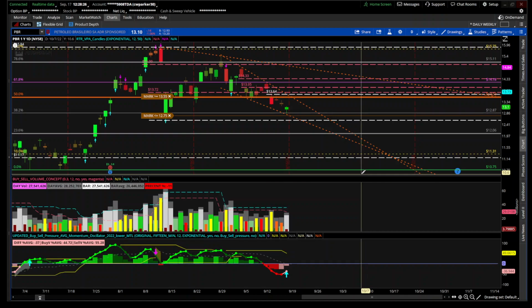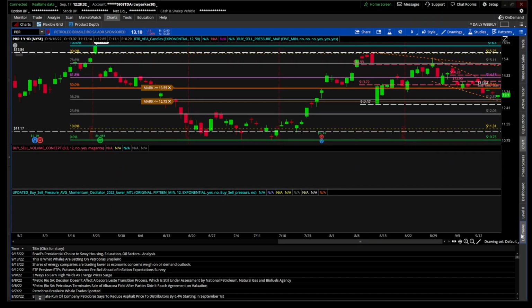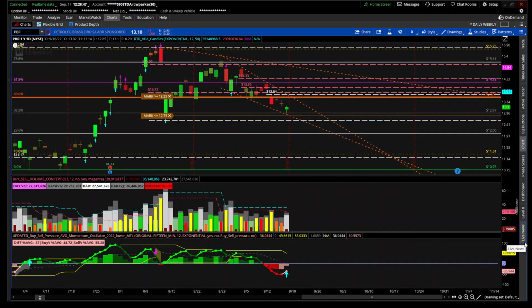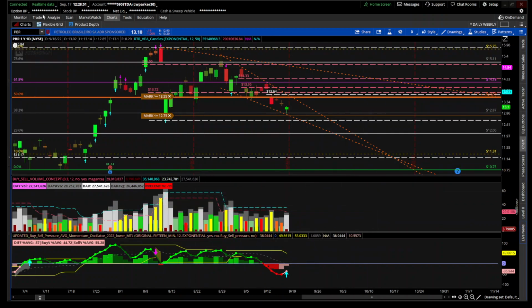So yeah, and this is something I'll be looking for, but this is usually how I come out and mark things out, and I just look for news, and then you go check their sectors as well. Brazilian presidential choice to sway housing, education, or sector analysis. We'll just keep an eye on it, and I got the alert. I know what it is. But that's how you will use this